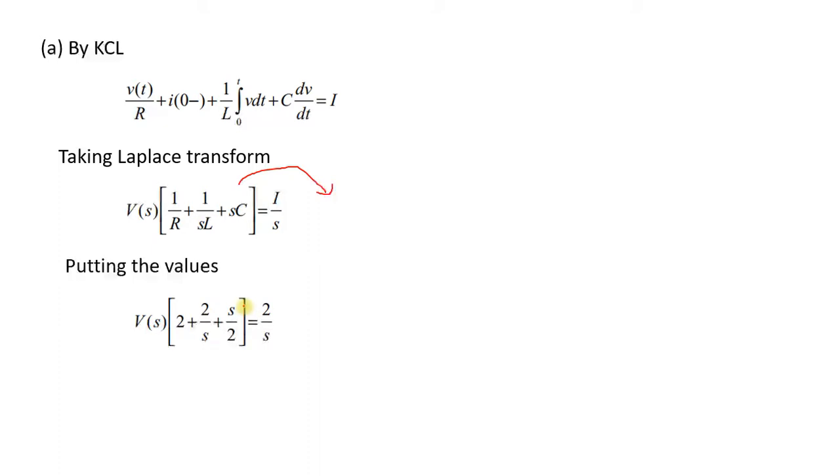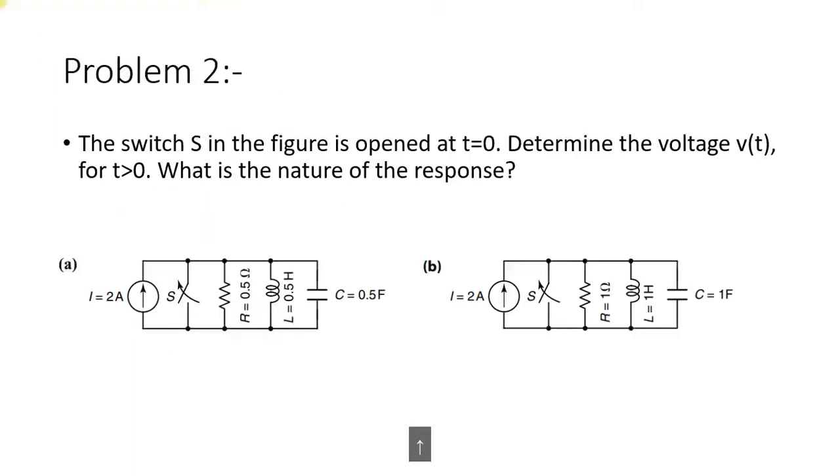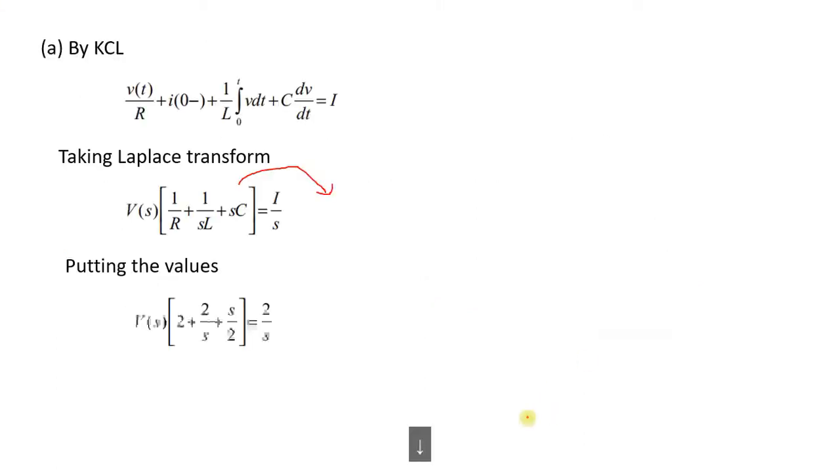Okay, R is from the circuit, so you substitute the values of R, L, C. Here all the values are 1. So substitute the corresponding values, it should look like this. After taking it to the RHS, the equation looks like this.